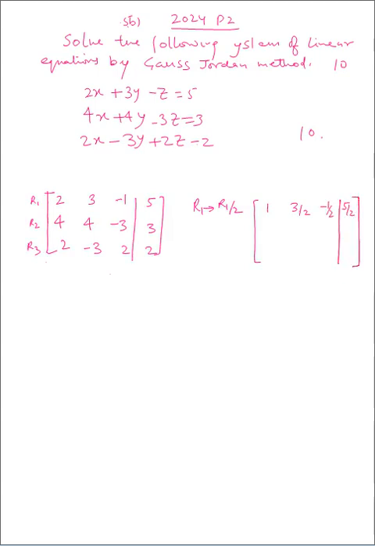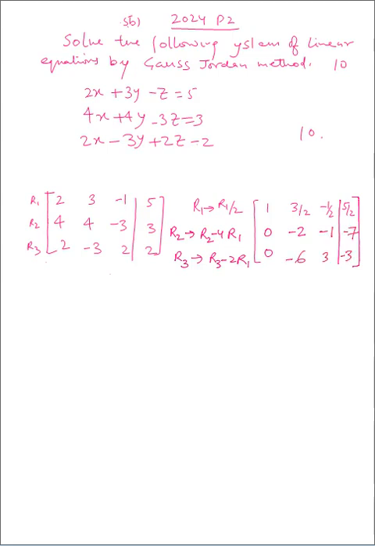Now we take this value of R1 which we have got and with the help of this we change R2 and R3. So R2 is now R2 minus 4R1. We operate and on R3 we operate. R3 is R3 minus 2R1 to make these zeros. So we get these zeros and then we come to R2. R2 is R2 minus 4R1. So that is 4 minus 3/2 into 4. That is 4 minus 6 which is minus 2, and here minus 3 plus 4. So we applied these operations here.